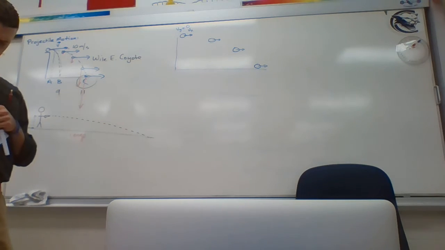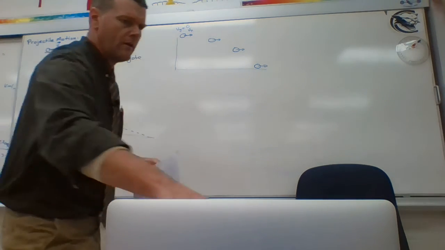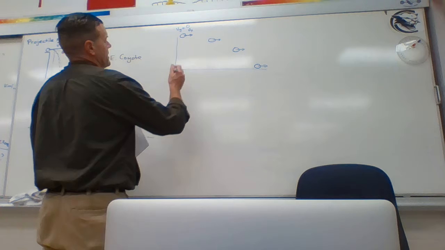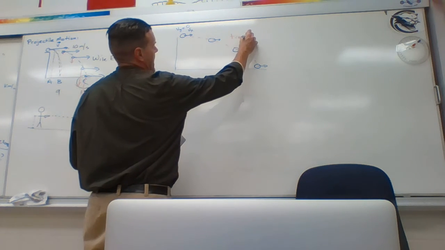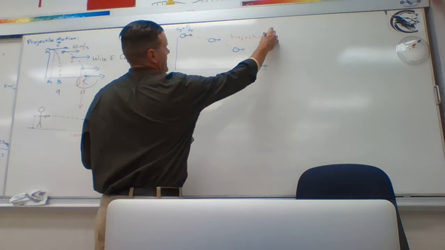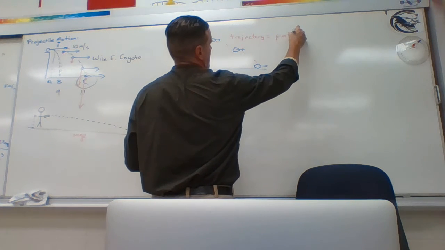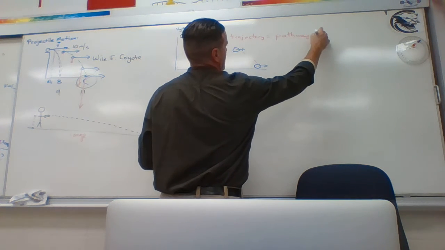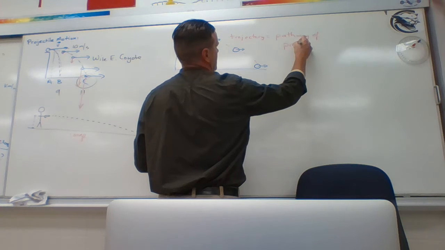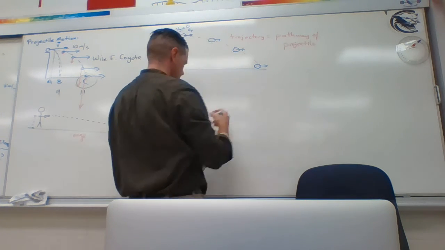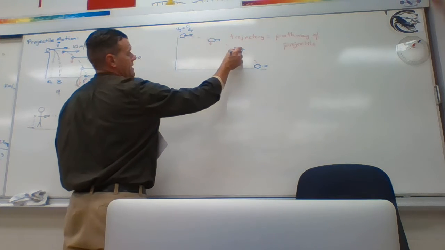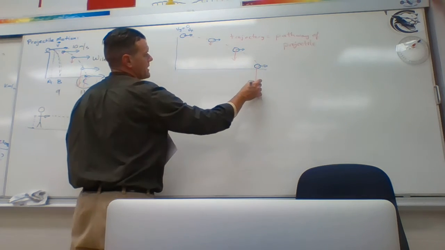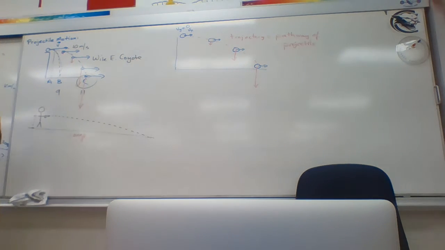I forgot to put this on here. As you go down the trajectory. So the trajectory is the path. It's just the path or the pathway of the projectile. Okay? But as you do that, you're going to get a greater and greater y velocity. Okay? And like we said before,